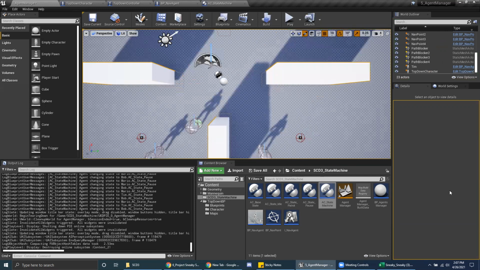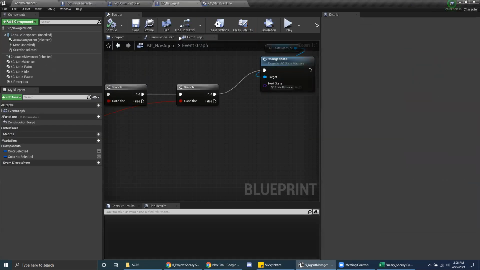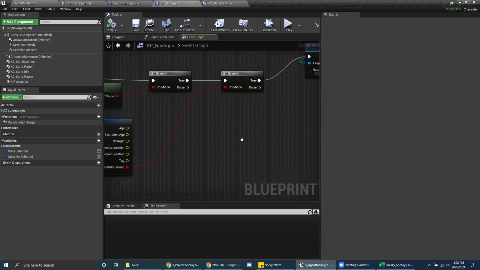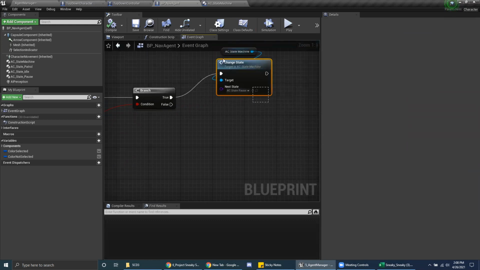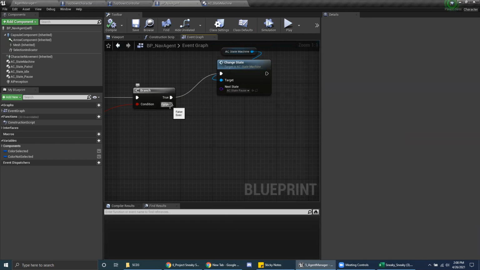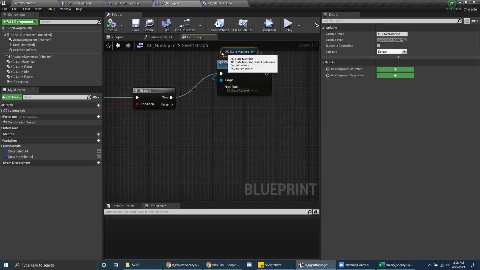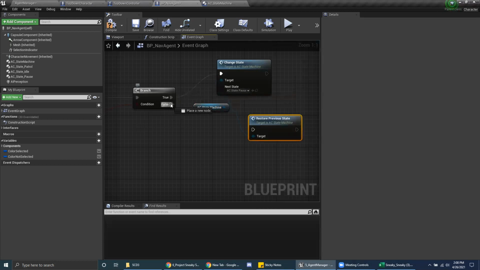So we do need to finish that off with making sure that when it does lose track of the player, it changes to... oops, our nav agent would be the one losing track of the player right here, at this false, when it no longer successfully senses it. Rather than changing to the pause, just like we had set up our toggling of our pause, which I probably do have a toggle pause here, we'll just tell our state machine to restore the previous state. Restore previous state. Cool, that's what I called